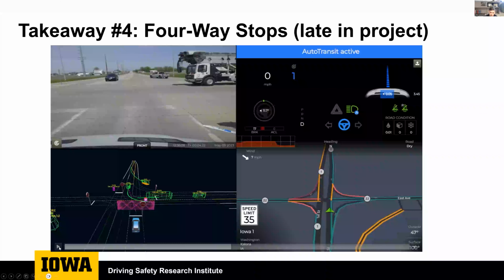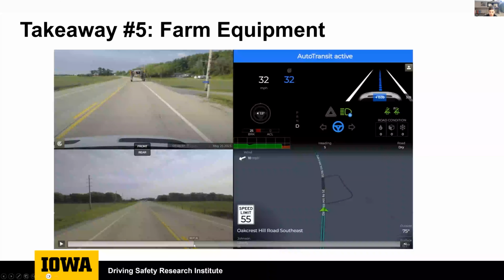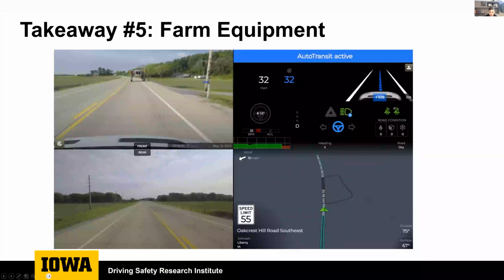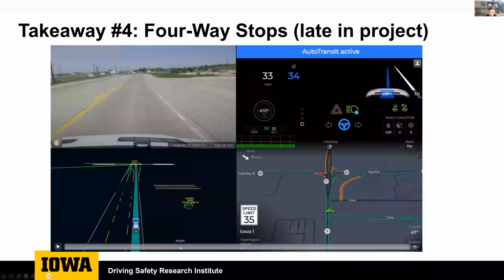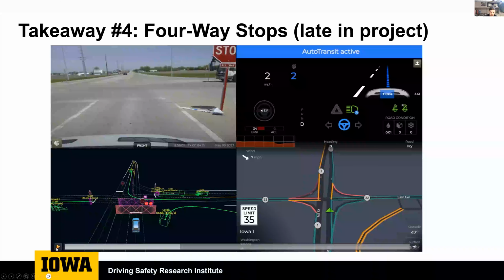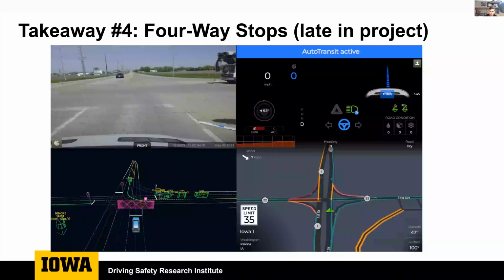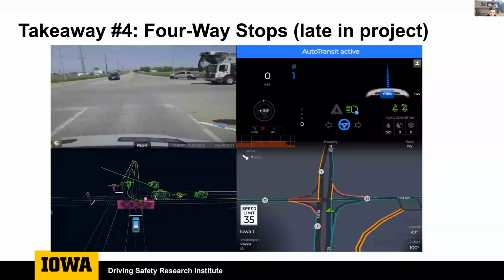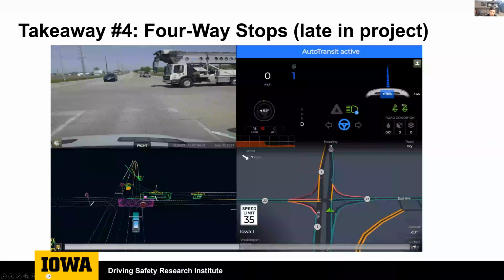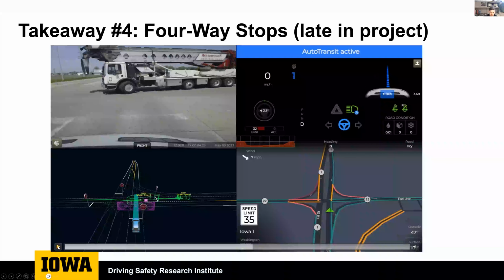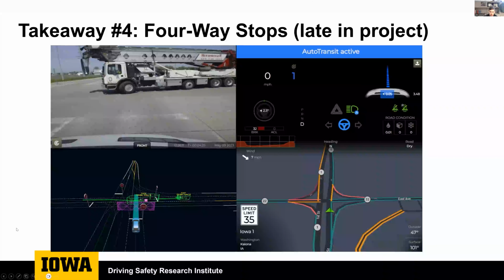So as we can see here, we have the purple, red stop yield gates for these two vehicles. And if you could play again, please. So as that utility truck moves through the intersection, we'll see the blue planning line of the transit actually show up, meaning it's wanting to move forward. However, in this situation, we get, again, that purple yield gate.